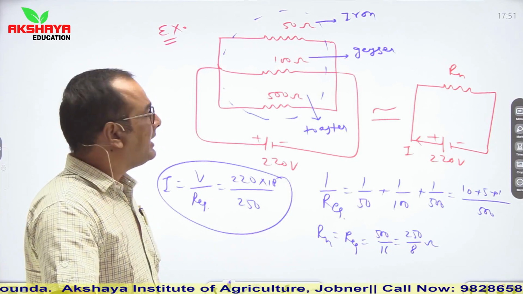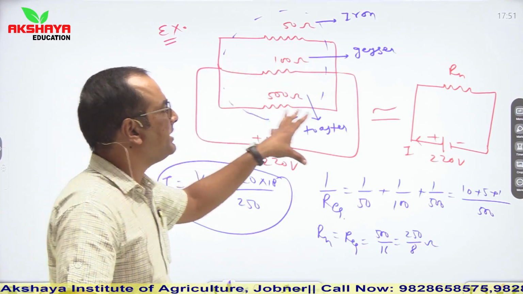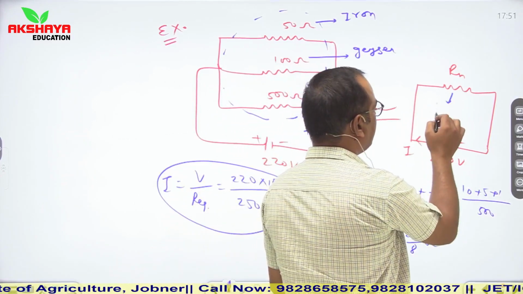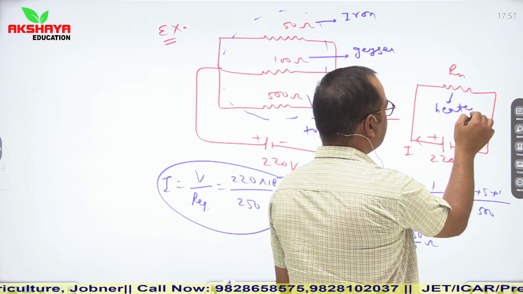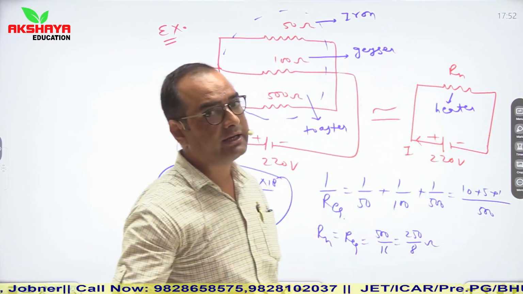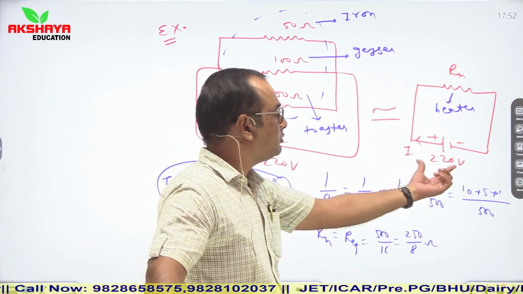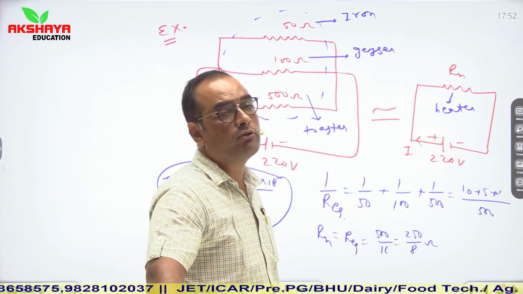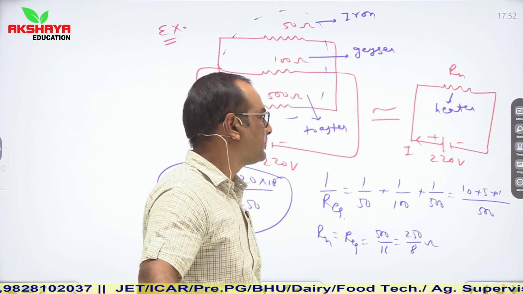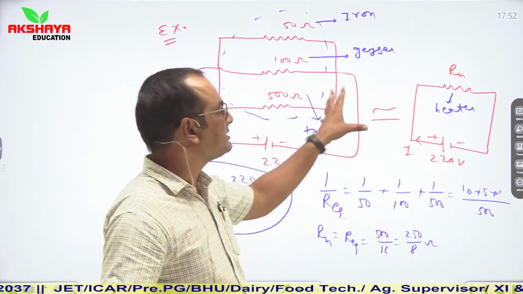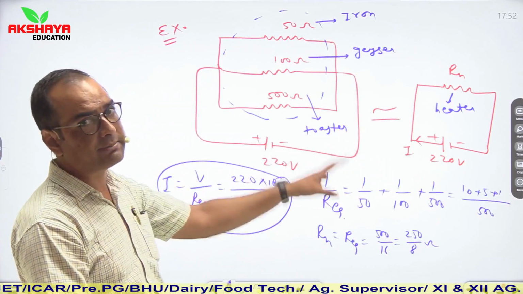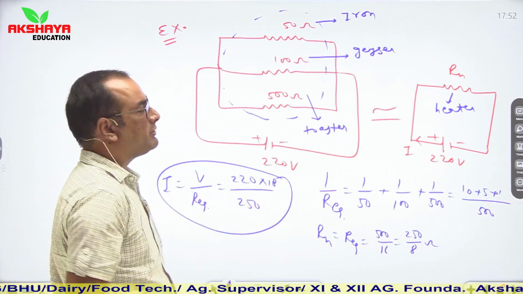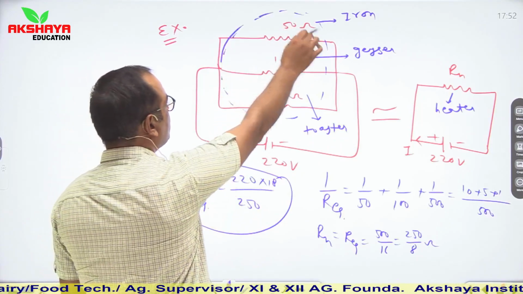Now our question is, if this combination is replaced by an electric heater, and the same amount of potential difference is produced across its ends, then what is the amount of current flowing through this electric heater? Its concept is very clear. Its language is quite confusing, but its concept is very easy. To calculate the current flowing through this heater, first of all calculate the equivalent resistance of this combination.